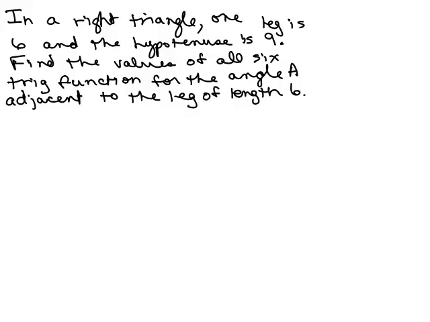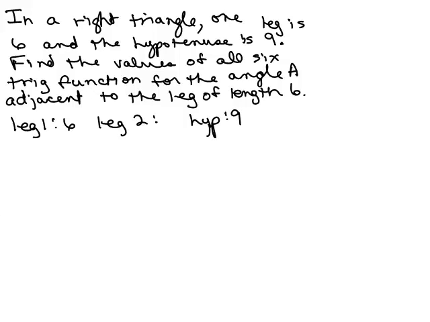Alright, so here's our problem. In a right triangle, one leg is 6 and the hypotenuse is 9. Find the values of all 6 trig functions for the angle A adjacent to the leg of length 6. Alright, so I don't really know if 6 is the shorter leg or the longer leg, but I'm just going to write down what I know here. I've got one leg, so I'm just going to say leg 1 I know is 6. I don't know leg 2, but I do know the hypotenuse